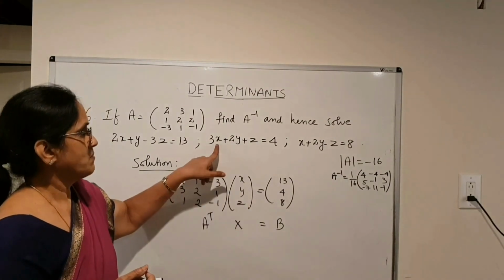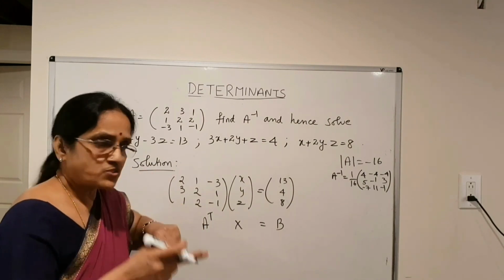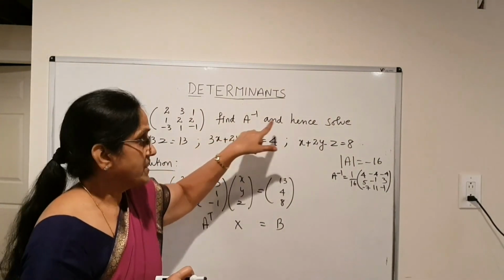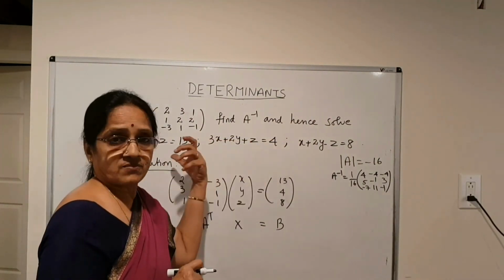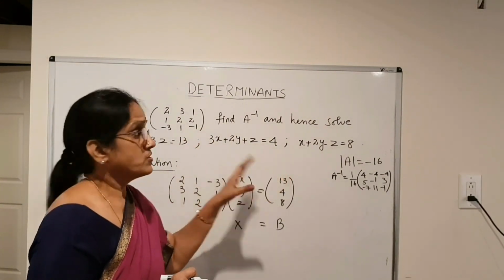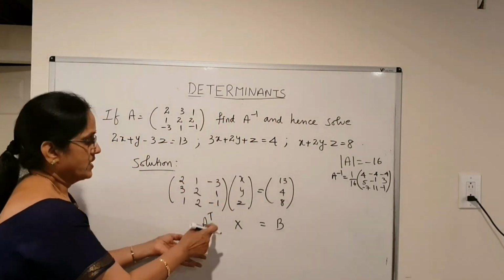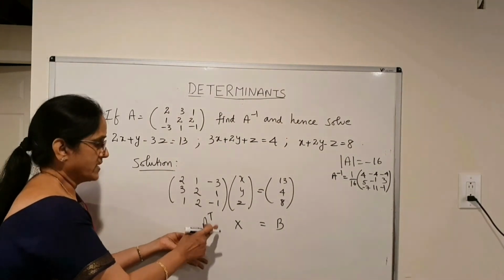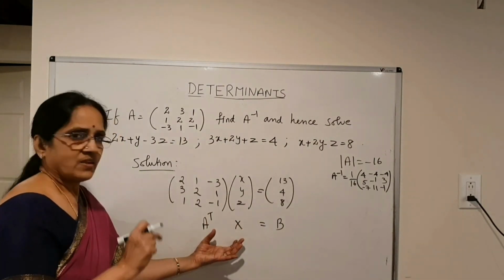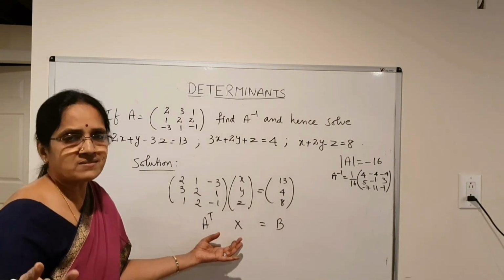When I compare this sum with what we did in today's class, the second sum and third sum, there also you were given the matrix A, asked to find A inverse, and then asked to find the values of x, y, z. That is, you were asked to solve the given system of equations. So the type of question remains the same, but when you put it in matrix form, you are not getting A in this place, you are getting only A transpose. This is the only difference in this sum when you compare it with the second sum and the third sum we did in today's class.